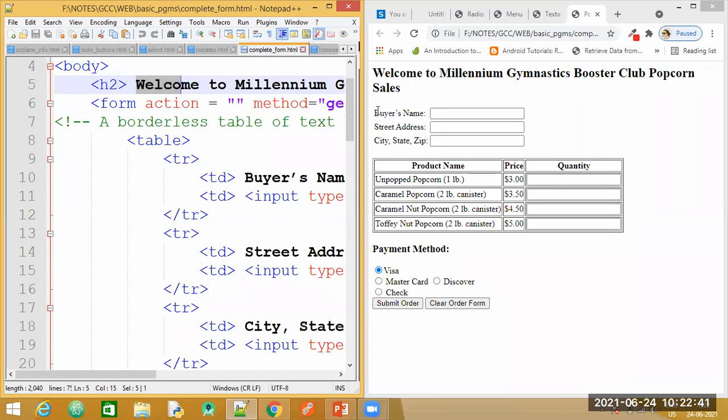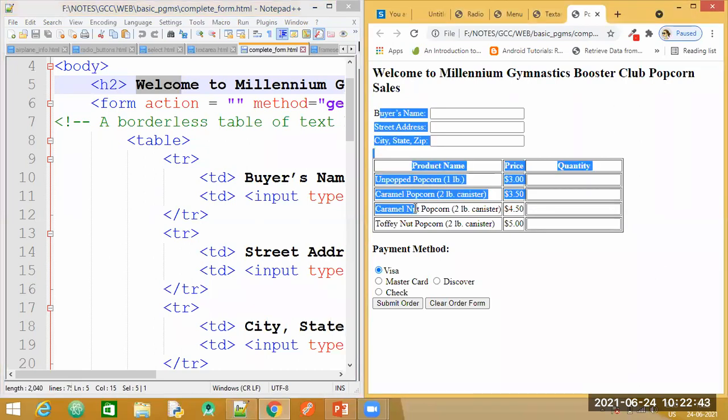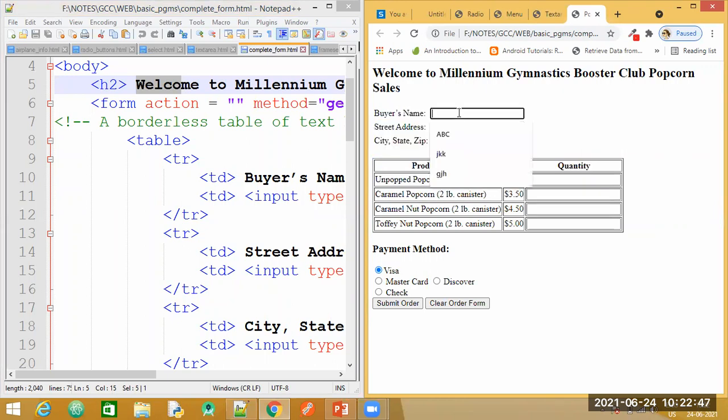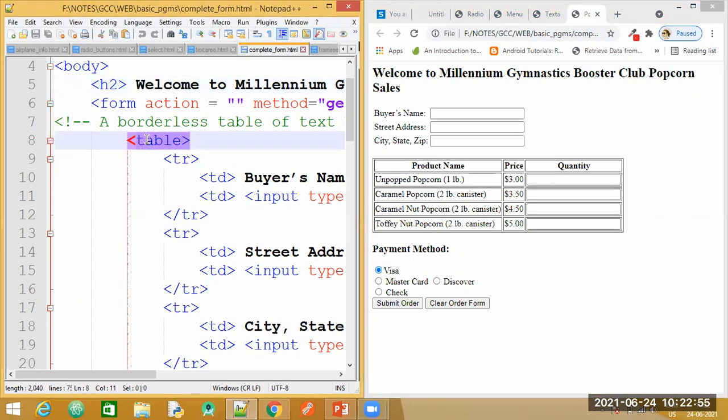Now this entire data that you see here is put up in a form, because whatever is entered here needs to be submitted and stored somewhere. So inside the form, you can see a table tag is used. The only thing is you're not able to make it out because we have not specified the border for this. There is no border specified. So a table tag, this is the first row.